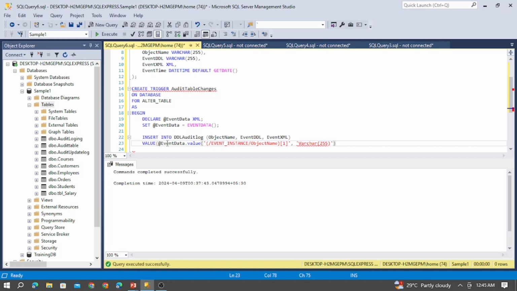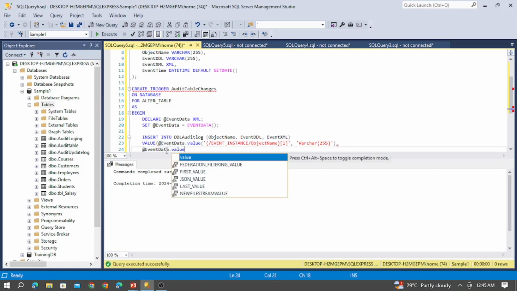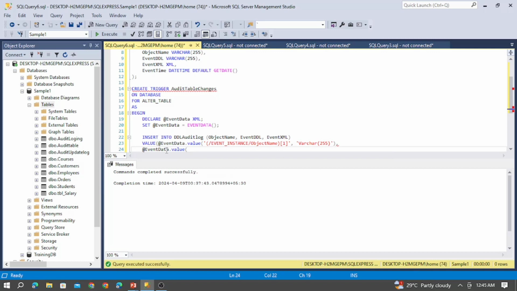And after this let me close this and pass the next value, which is again the event data dot value of the same event instance. So let me provide the quotes. So instead of this object name I need to pass the event DDL,